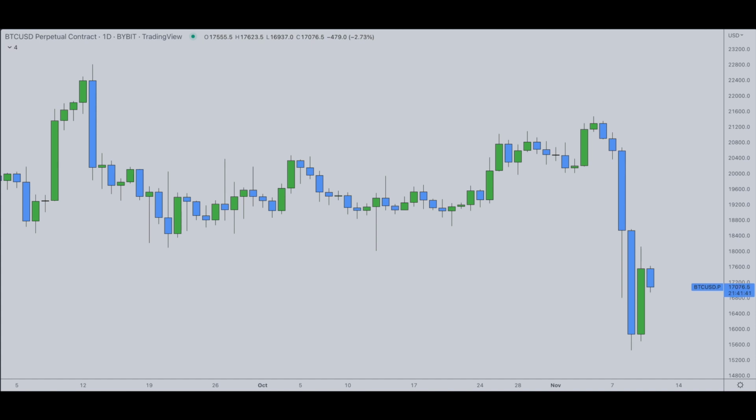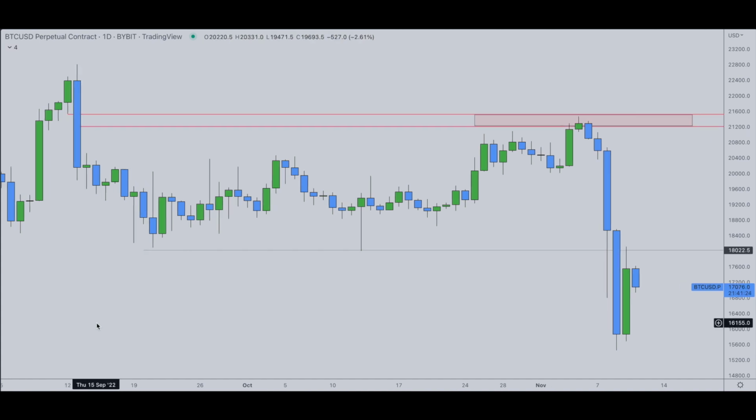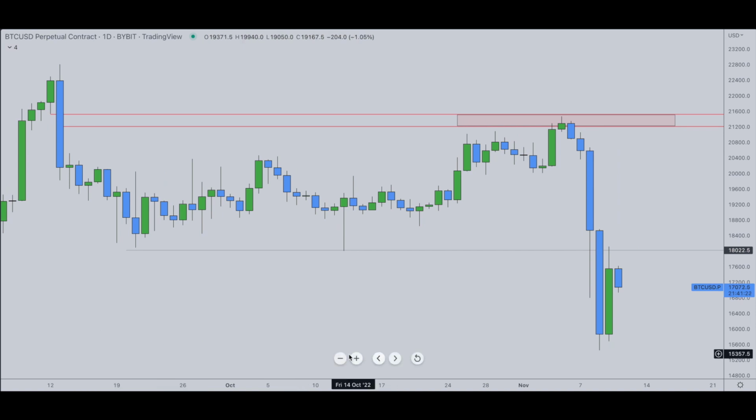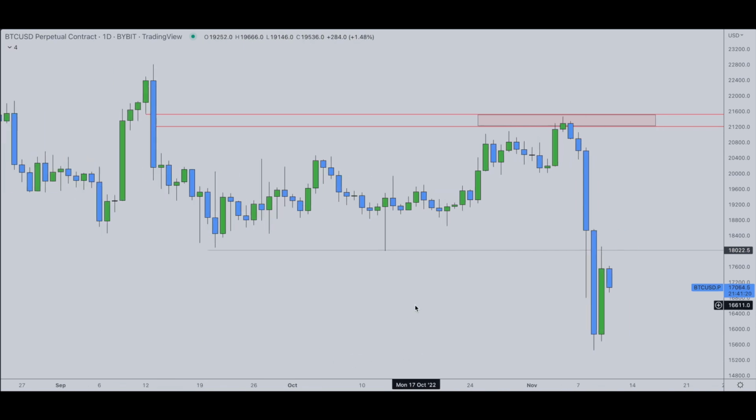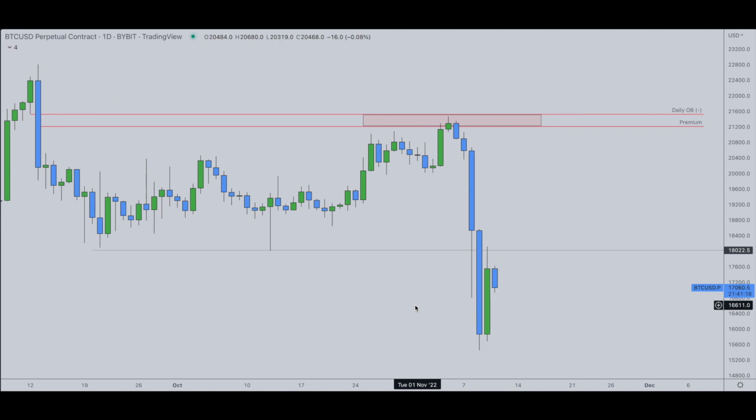I have my annotations off. This is the Bitcoin daily chart. I called this trade in real time, and you guys can take a look at it. I'll turn on my annotations in just a second. Okay, so these are my annotations. Go ahead and zoom out a little bit. As we can see,